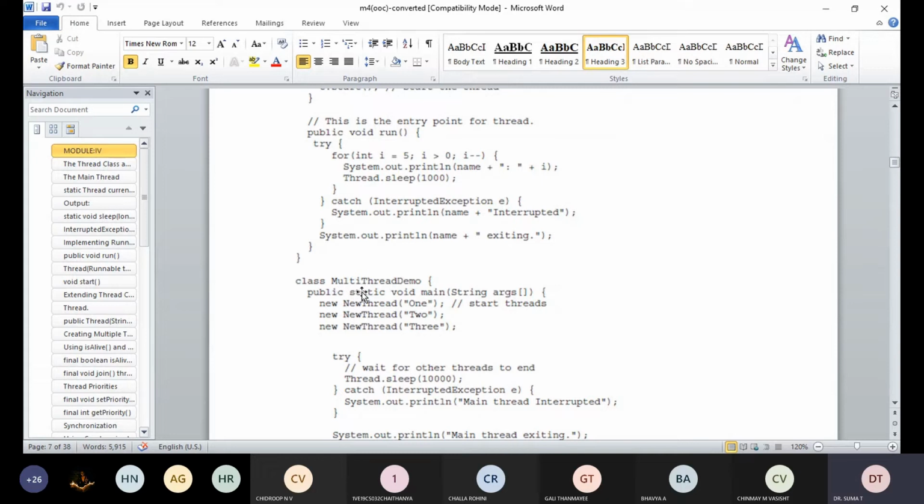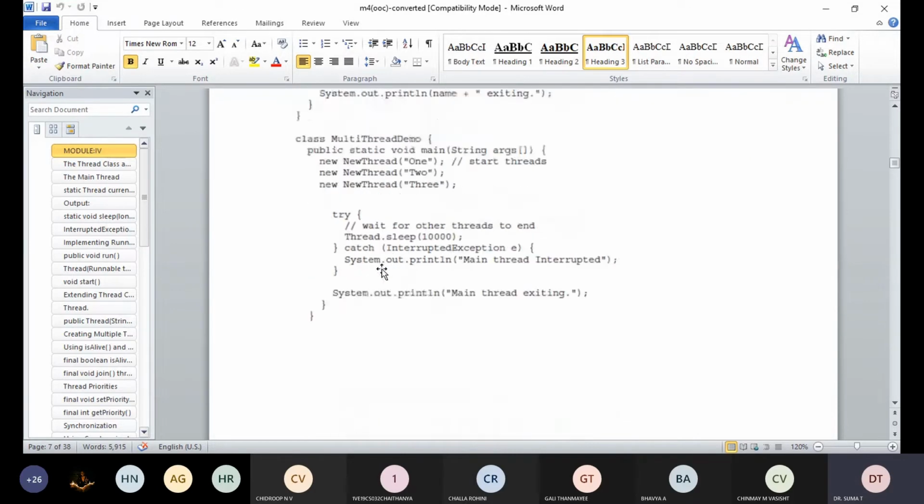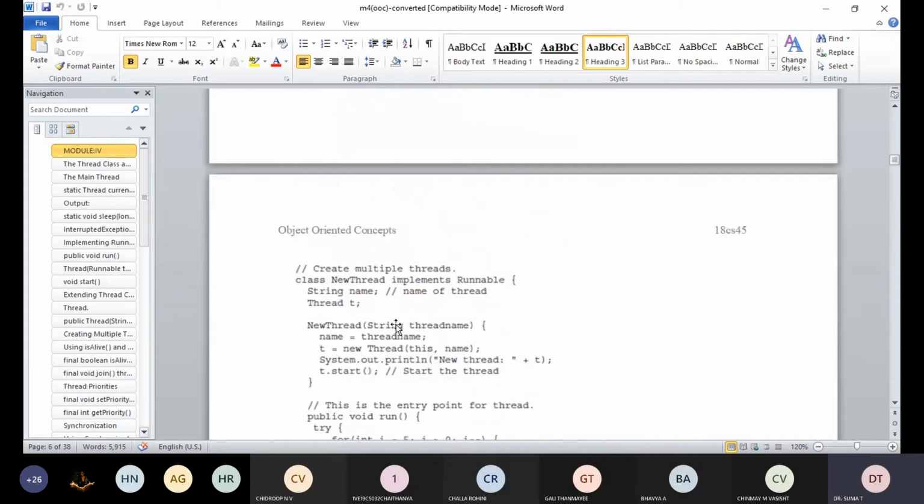See, class MultiThreadDemo, new thread. Here we are sending 1, 2, 3 as new threads to this parameter, string thread name, got it. When the constructor is created, we are passing the parameter 1 as the first thread to this string name.